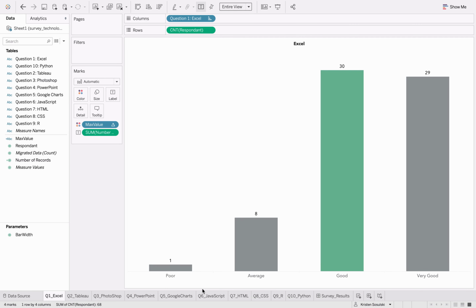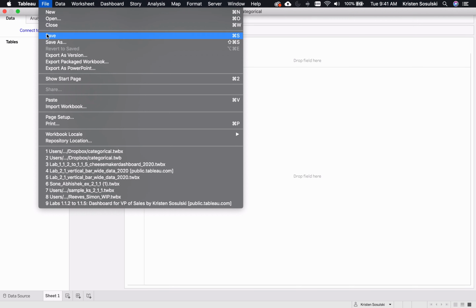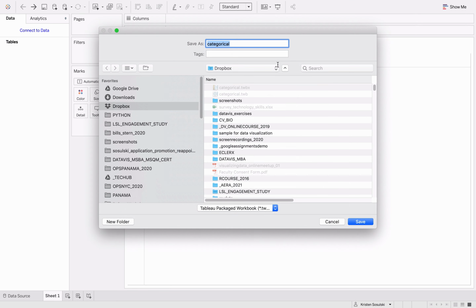I'm going to demonstrate how we can create a vertical bar chart with our survey data. Our goal is to create a single chart that shows the responses to a single question. First, we want to make sure that we save our workbook, and I'm recommending that you save it as